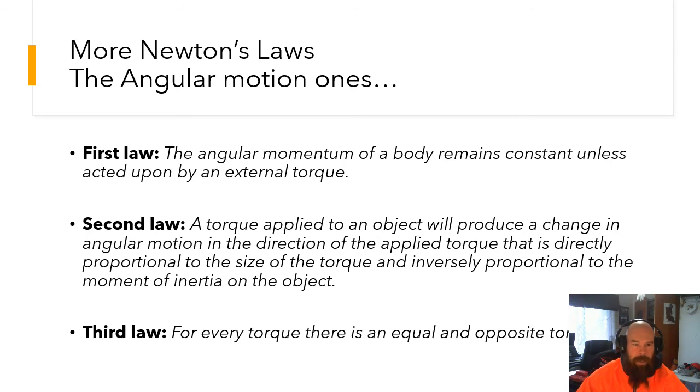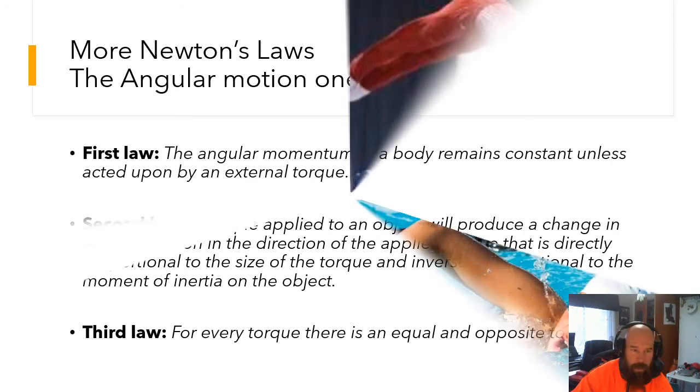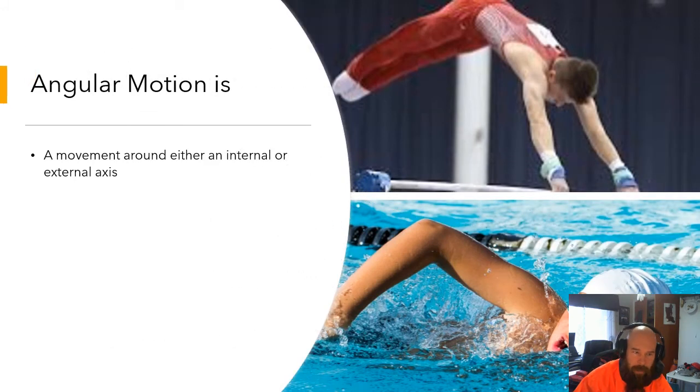So let's have a look at these and let's try and explain these a little bit better. Angular motion is a movement around either an internal or external axis. So we're going to get a few of these little terms out of the way. You can see on the pictures there, we have an internal axis with our swimmer and their shoulder, and